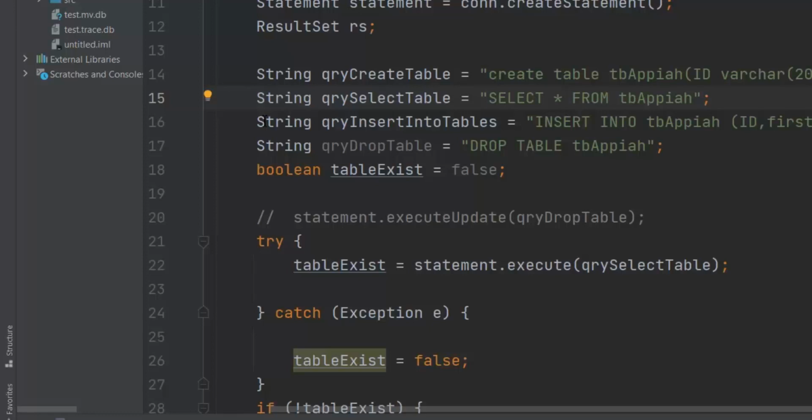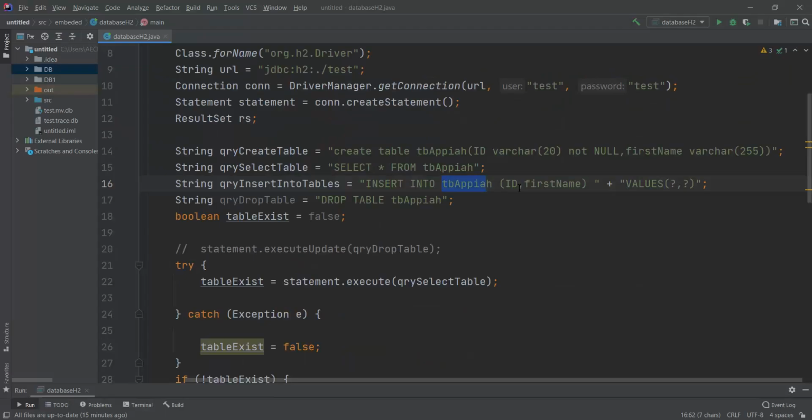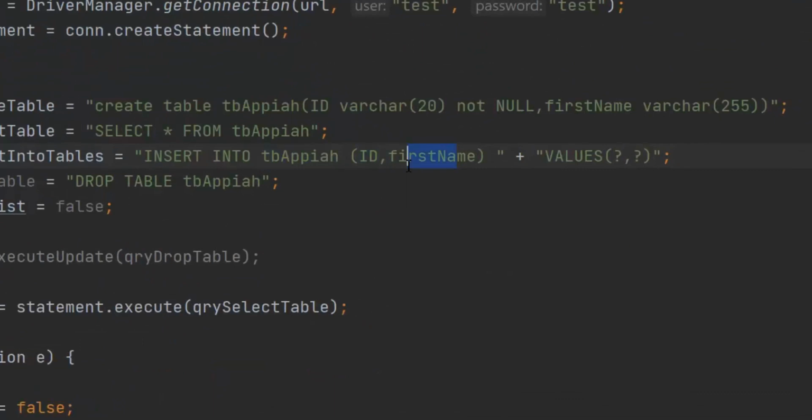All right. Now we come to the string. This one, as usual, all the queries are strings. Insert into tables. This one will insert records into our tables that we have created. So insert into table appear, ID and first name, values. All right. So the insert query will insert